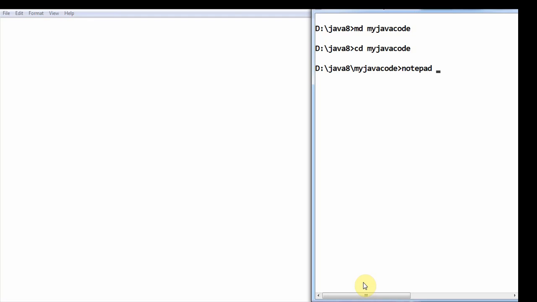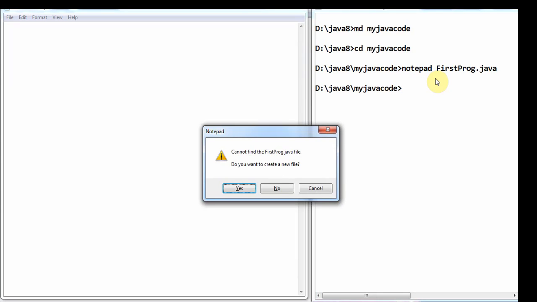Now let us create our program, FirstProgram.java. Here we write the first letter of the class in capital as per the standards of programming.